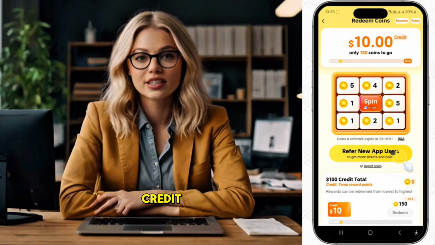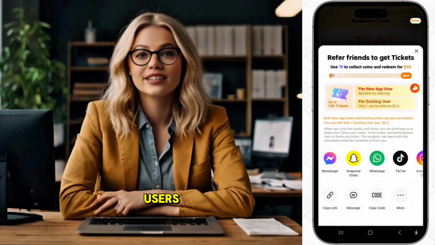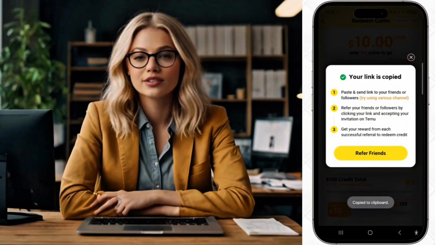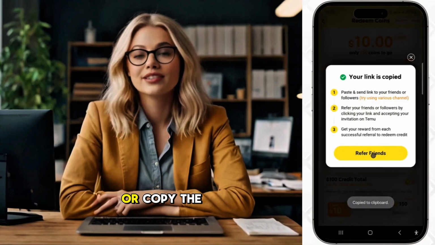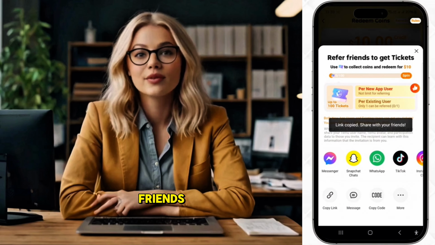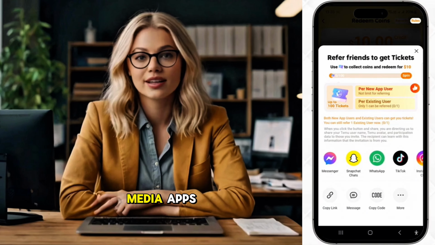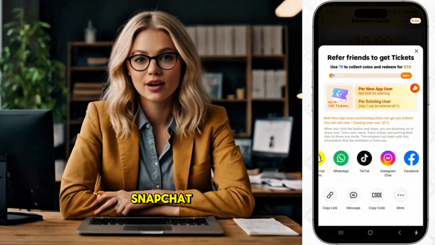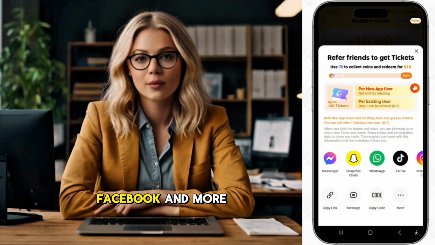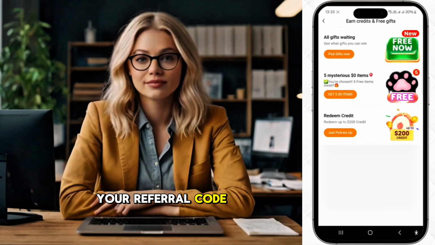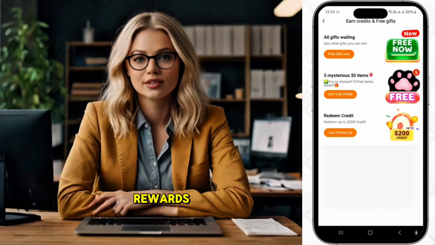Choose Earn Credit, and you'll see an option for inviting new app users. 5. Tap on it, and a pop-up will appear. From here, you can either copy the link or copy the referral code to share with your friends. Alternatively, you can send your referral link directly through social media apps like Messenger, WhatsApp, Snapchat, TikTok, Instagram, Facebook, and more. When your friends sign up using your referral code, both you and they will receive rewards, and that's all